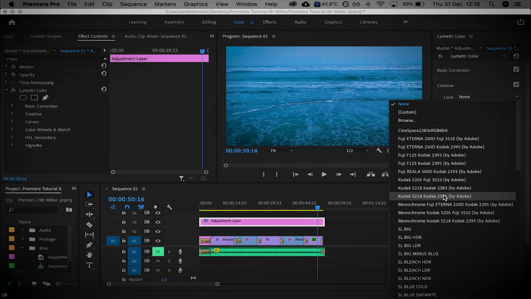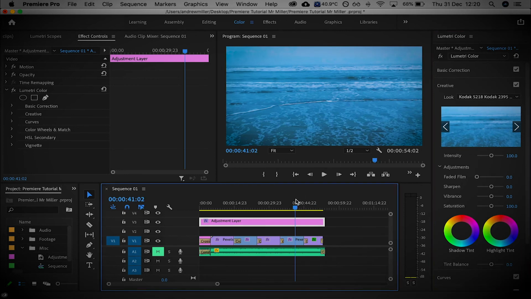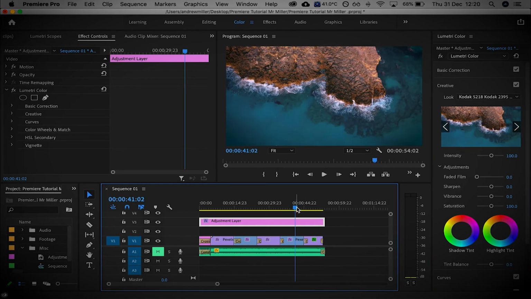I do love some of these Kodak things. Oh, see, that looks quite nice. Yeah, I'm going to keep that on it as well, okay? That makes it just look a little bit more subtle. Right, and there we go. I'm going to go back to editing and